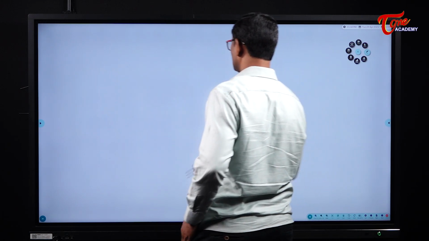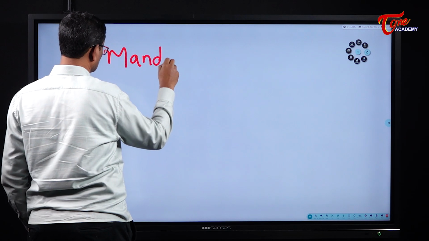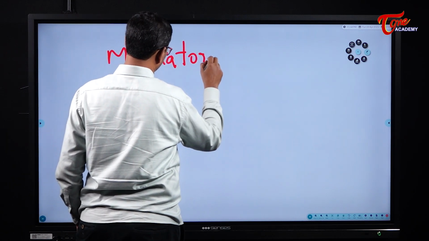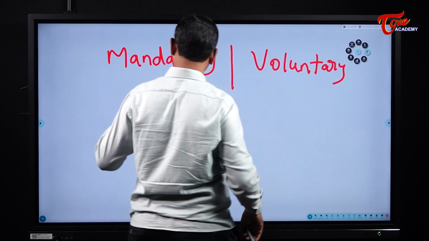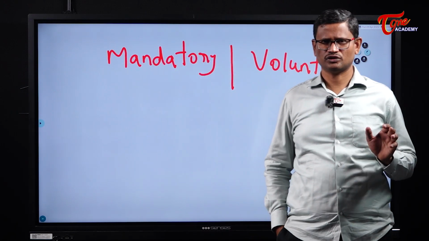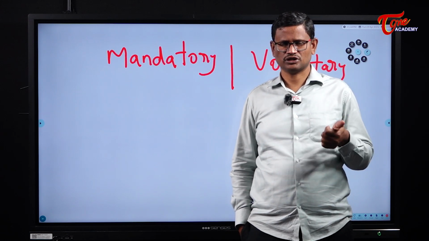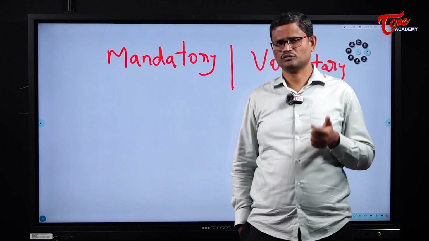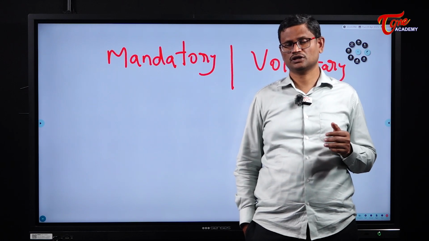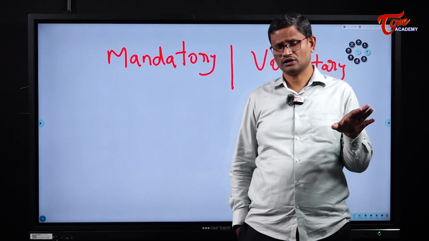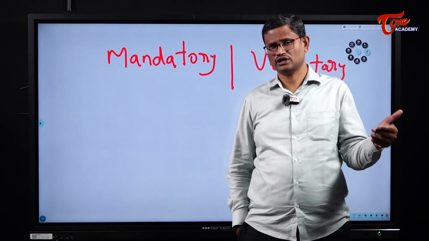Then, like the 73rd Amendment to the Indian Constitution, the 74th Amendment also contains mandatory provisions and voluntary provisions. If you take the mandatory provisions of the 74th Amendment, like the 73rd Amendment: establishment of State Election Commission, establishment of State Finance Commission, then reservations to the tribals and the Dalits in proportion to their population, reserving 1/3 of the seats for women, and then fixed tenure of 5 years, minimum age of 21 years, then